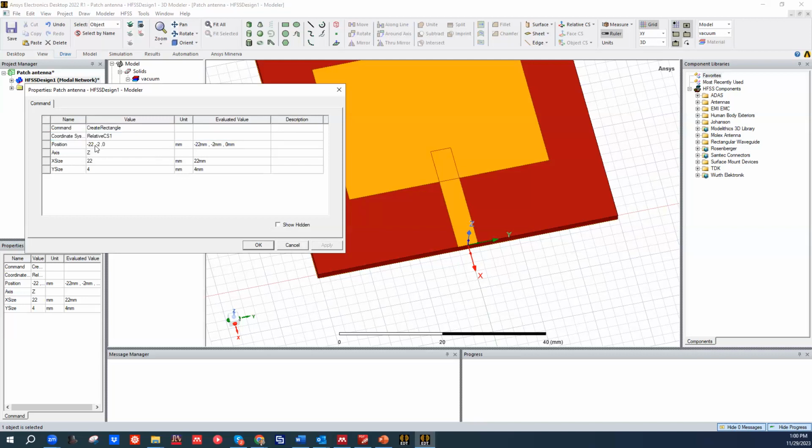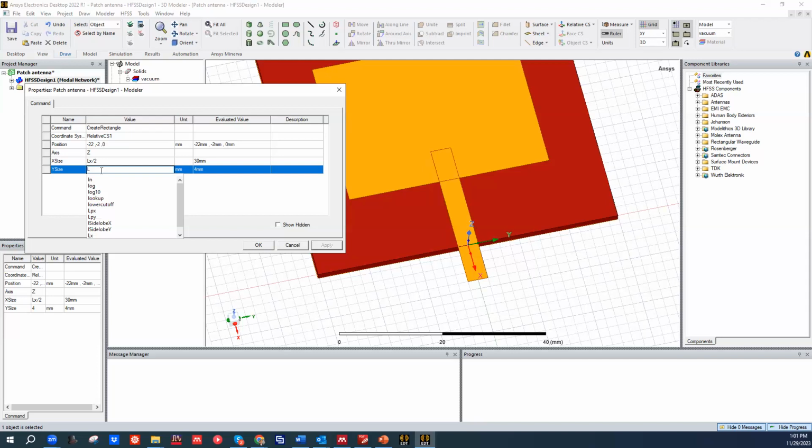Okay, new coordinate system, and let's give it an X size of L. Let's make it go up to the center, so it's going to be L X over 2. Apply. And Y size, let's make it